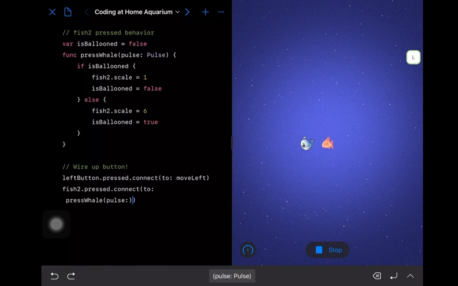Maybe that's what you're going to do. If you build an aquarium and it's not necessarily a game, it's just something you want to stare at with your fish, maybe that's all you need, is something that will make the fish move a bit randomly when you touch them. Now we'll go back over this code again a